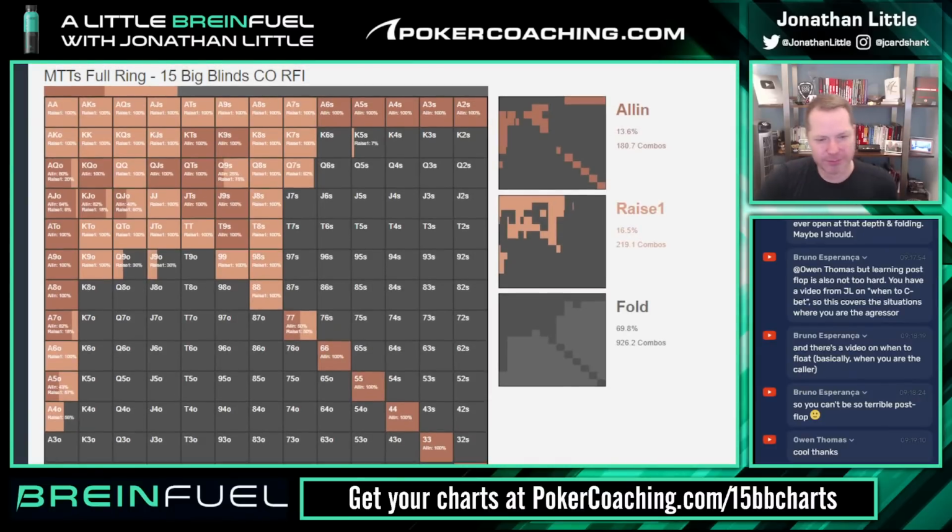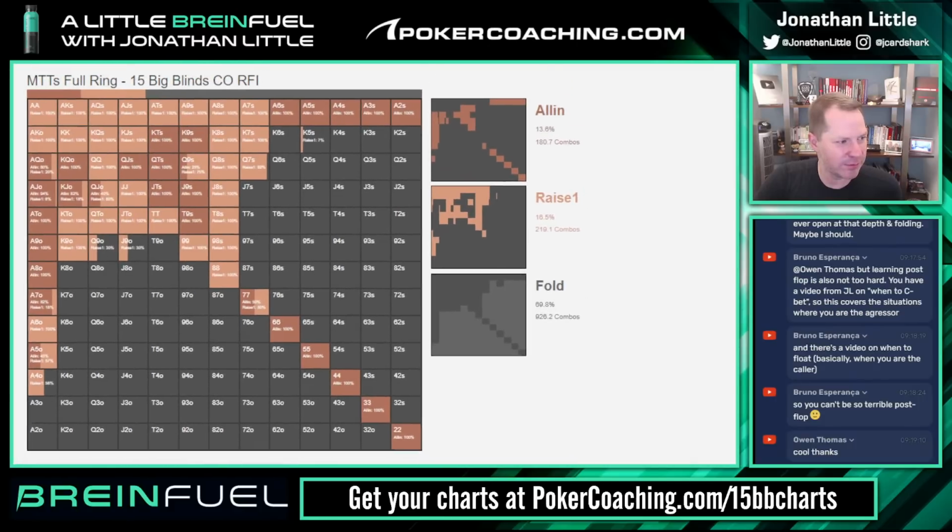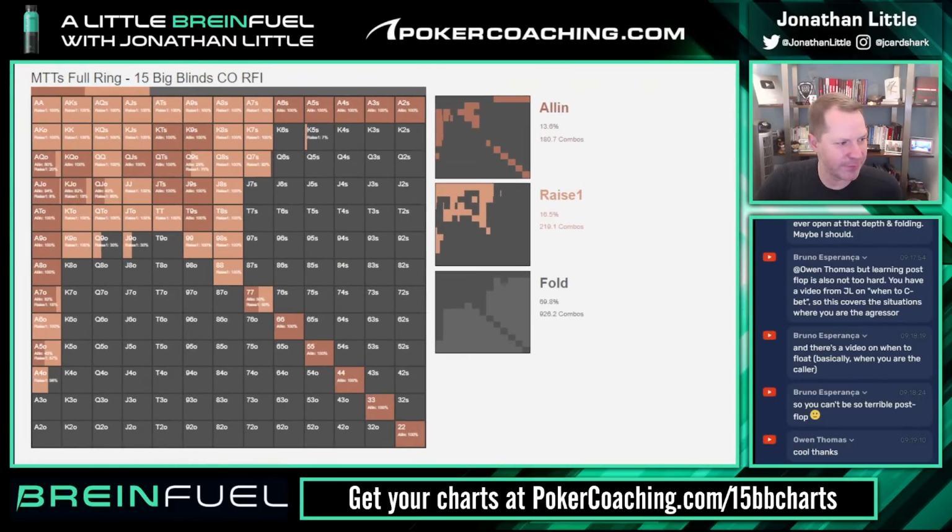Now, I guess I should make this a little bit smaller, huh? I want to make sure you all can see it, but at the same time, I want to get it on the screen. Let me know if this is better or the other one's better. I want to be able to get the pocket twos on the screen. Okay, so here